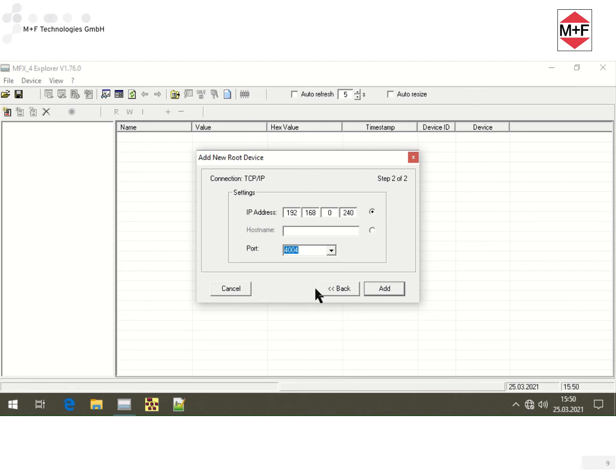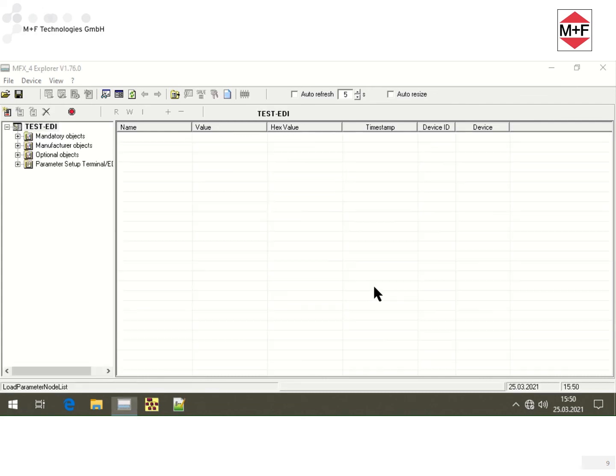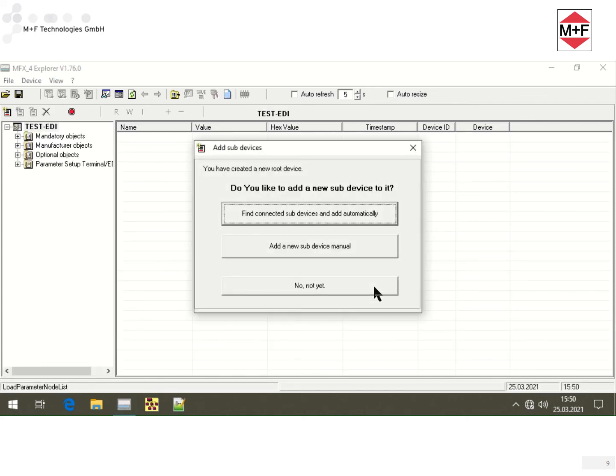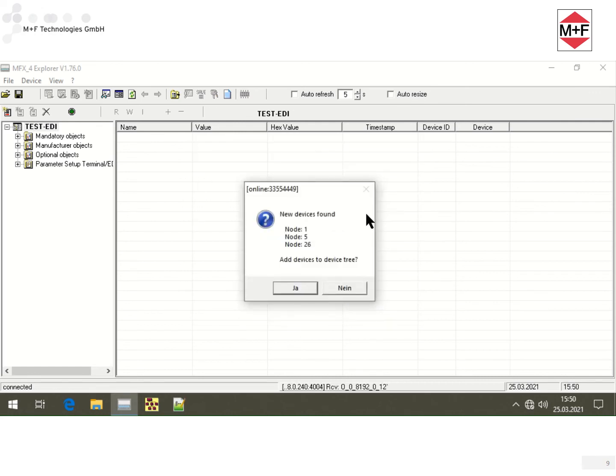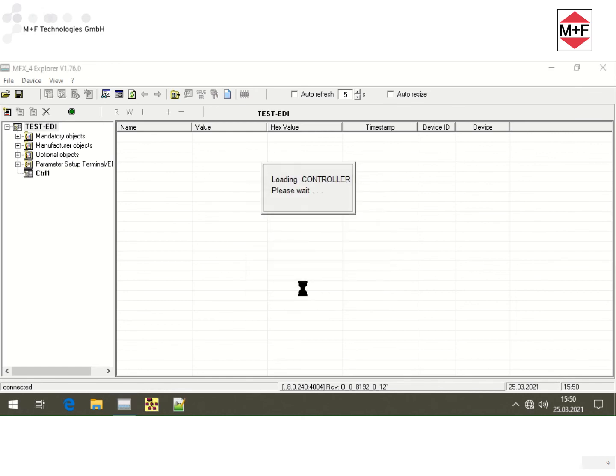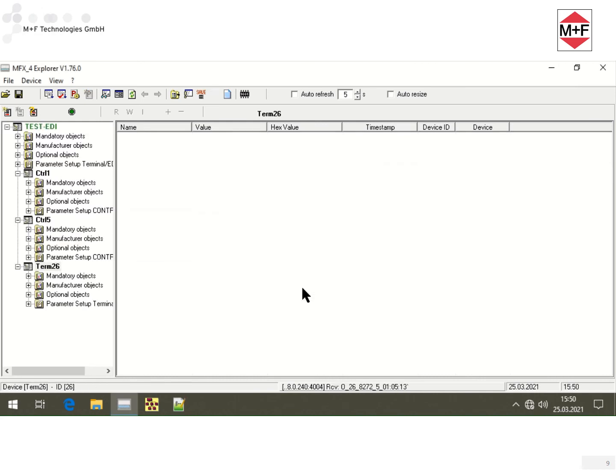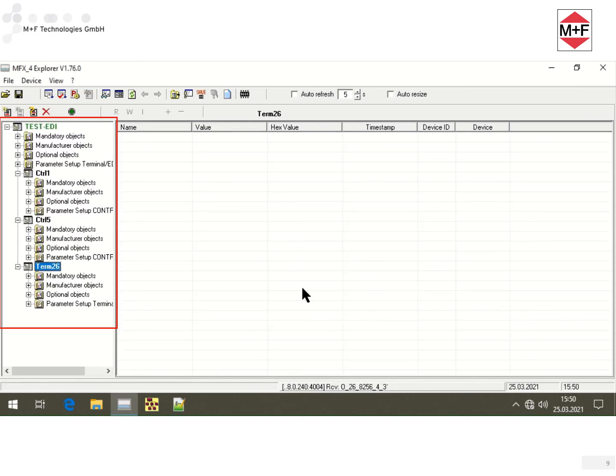With this, all data are entered and a device is created on the left. The Explorer offers the function to automatically ask for more devices. I confirm. A request goes to the EDI and we get the info that 3 more devices are connected to the EDI. I confirm again, and on the left side the device tree is created and displayed.